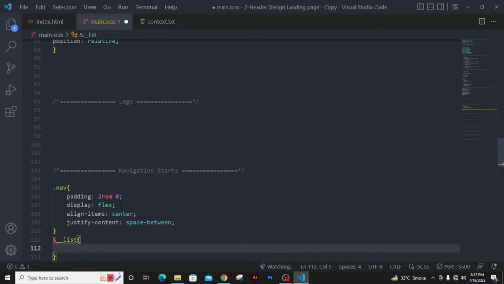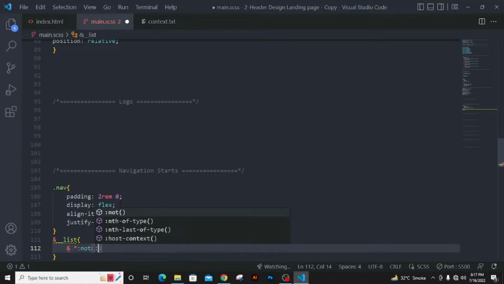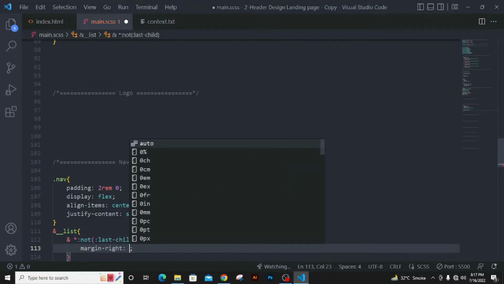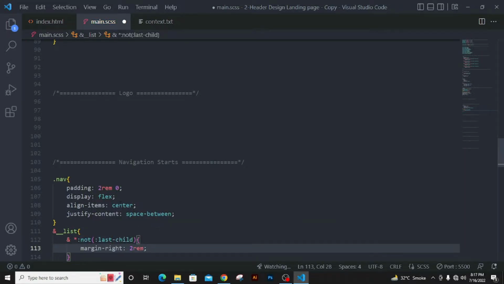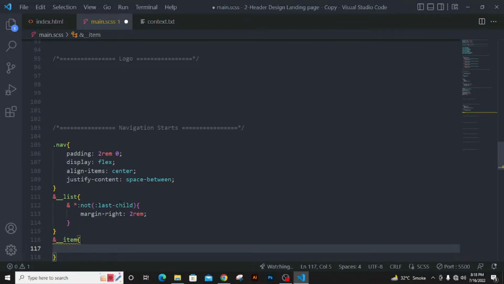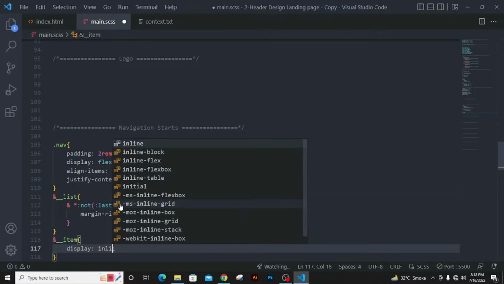We are going to use list as a child, and again not the last child. We have the margin right to 2rem without the last child, and we are going to use items which have display of inline block,